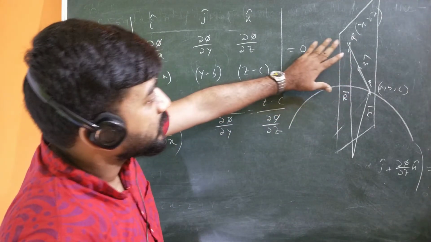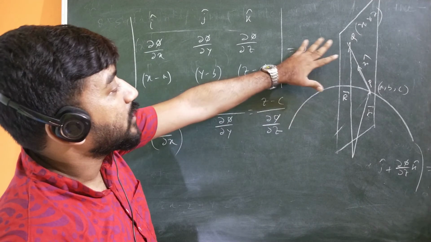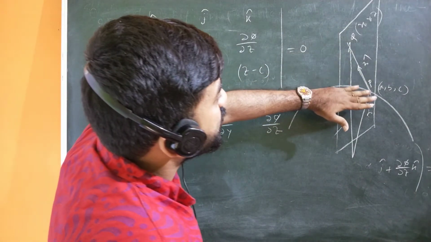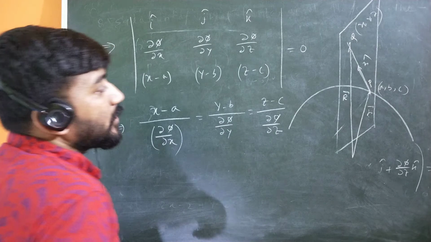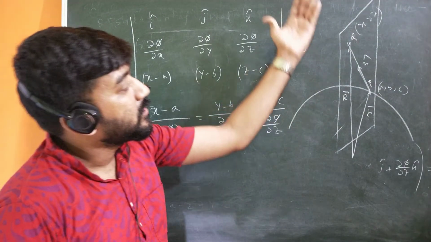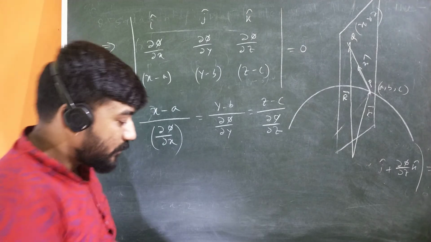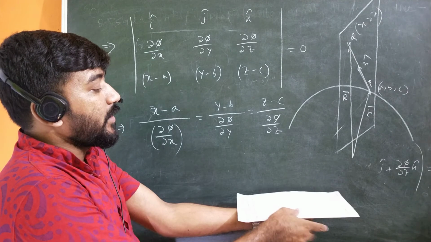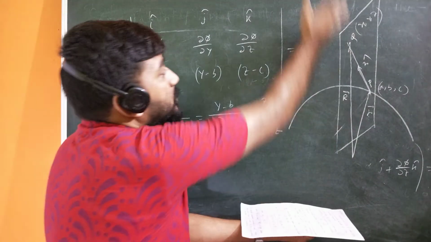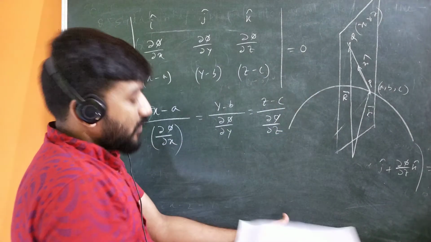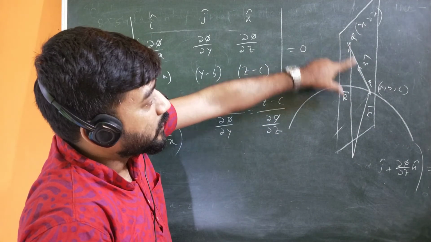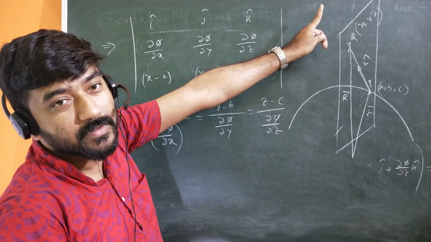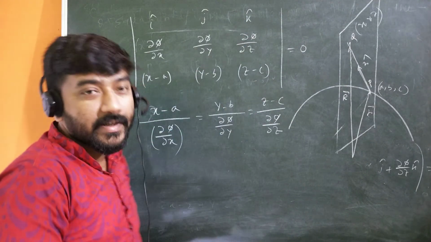So here you have to imagine this thing. Actually I cannot draw here, that this n cap and this PQ are in the same direction, and this PQ is nothing but on this normal to this surface. Because this plane is normal to this surface, if this is my surface and the plane is normal to this surface, then on this plane the n cap is also normal to this surface, and PQ is also on the plane which is normal to the surface. So PQ and n cap are in the same direction.